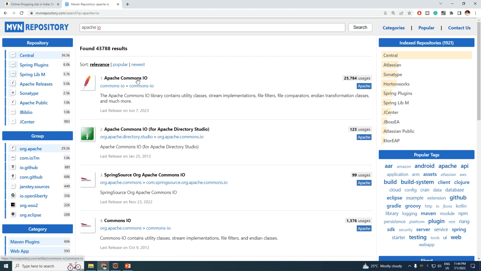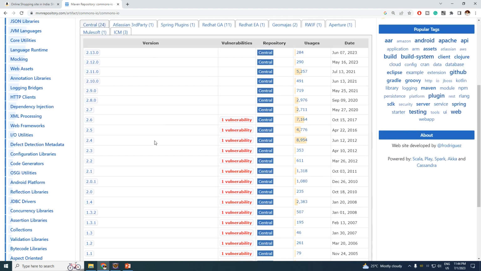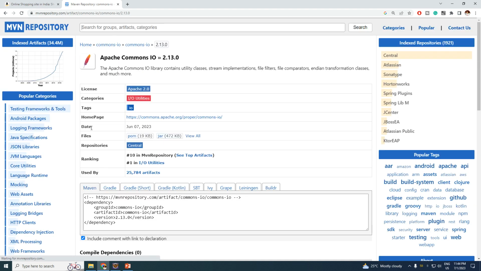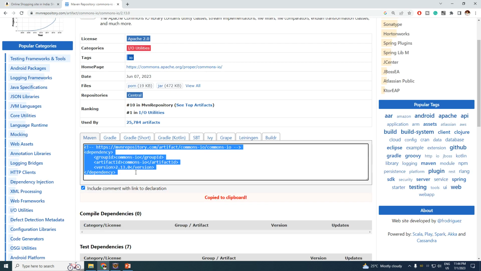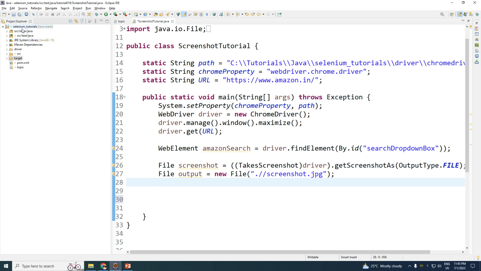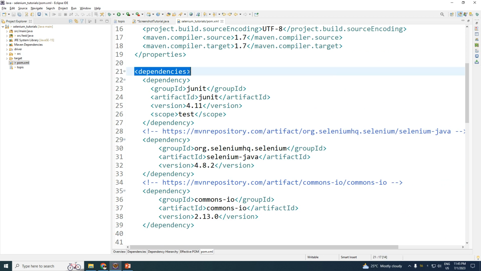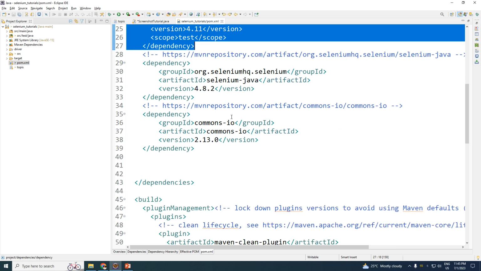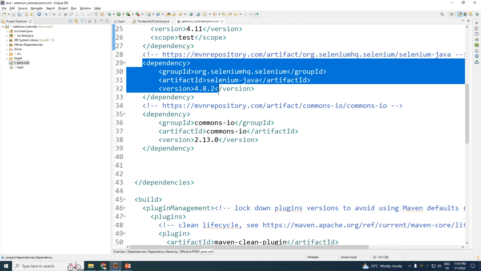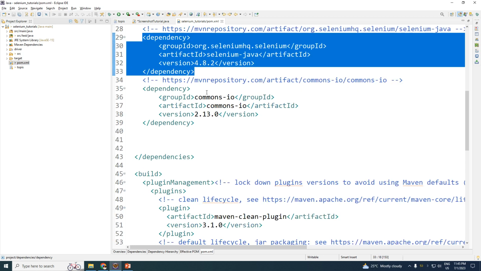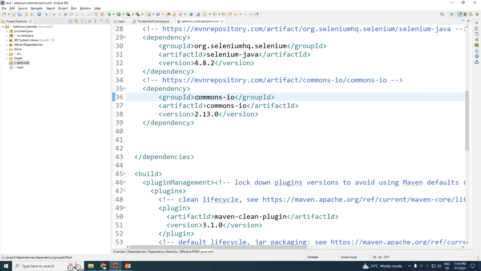Here we go, Apache commons.io. Open that particular project. You can take any latest build, copy this. Again, for those who know, you can kind of go ahead and skip this. Go to your pom.xml, and these are your dependencies, right? So this is a dependency for JUnit, this is a dependency for my Selenium, and this is a dependency for